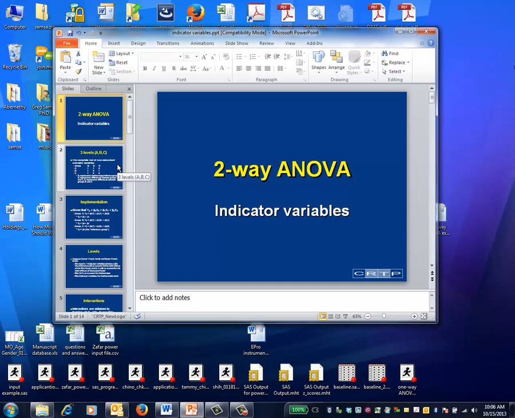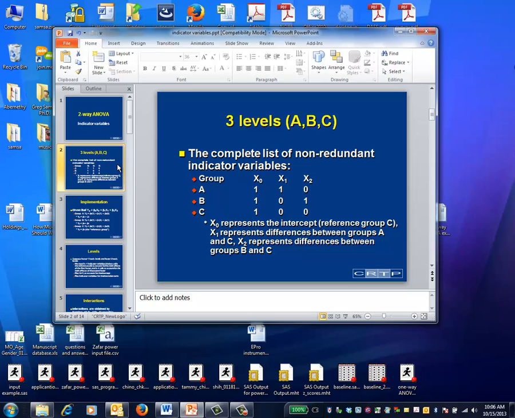This is the two-way ANOVA video on indicator variables. Just like the one-way ANOVA, if you dive deeply enough into the guts of statistical software, you'll find that the two-way ANOVA is implemented using indicator variables. In fact, the first step is to create, for each predictor, the same set of indicator variables that you create